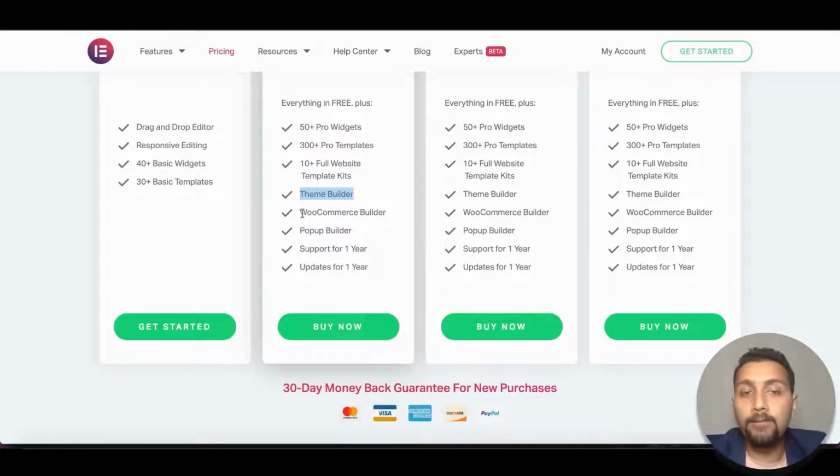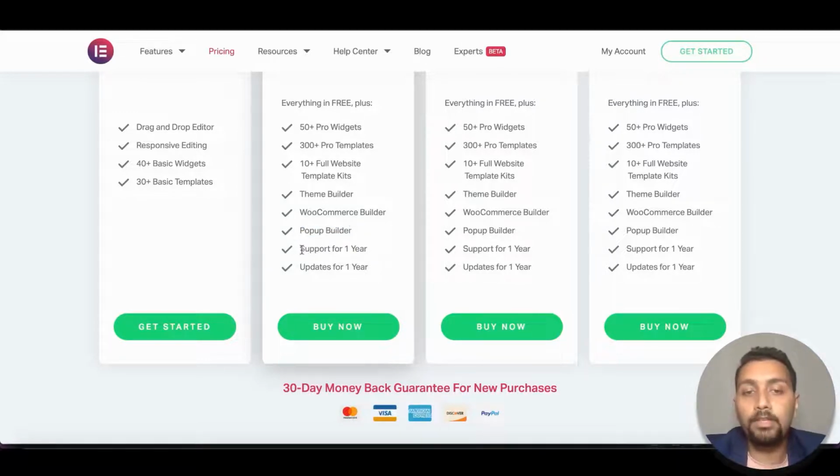Okay, then you get the WooCommerce builder, you get a pop-up builder, which I talked about, that is how Elementor is different from all the other plugins out there. You get an option to build beautiful pop-ups with different triggers and functionalities, and at different times you can trigger them. Like if I go towards the cross button on the tab, a pop-up will come up. If I scroll 50% of the page, a pop-up will come up. If I just load a page on the website, a pop-up might come up. So all the different stuff you can actually get with this pop-up builder.